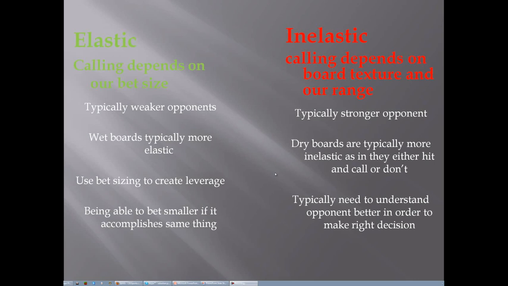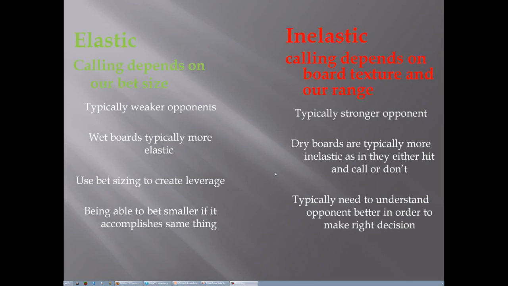So it's very important to understand how their calling ranges work and what the best possible way to exploit those ranges is. As a basic example, let's take a very typical opponent that we run across quite often, the weaker station-y type opponent who will call the flop with any piece of the board, any pair on the board, or any pair in their hand, but only continues on the turn with top pair or better. What's the best exploitable strategy against those types of opponents?